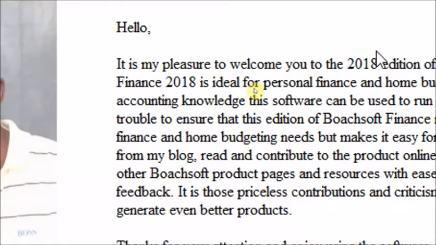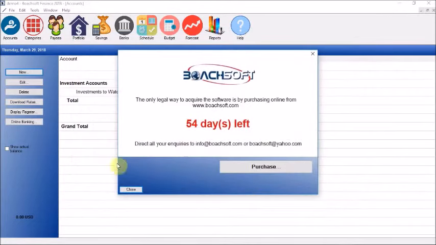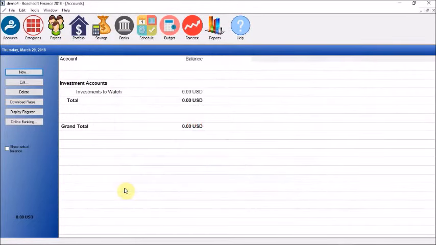Okay, so we have logged into the file. We have opened the file. Okay, so with Boachsoft Finance, the last file you open is automatically opened for you when the software starts. Okay, now